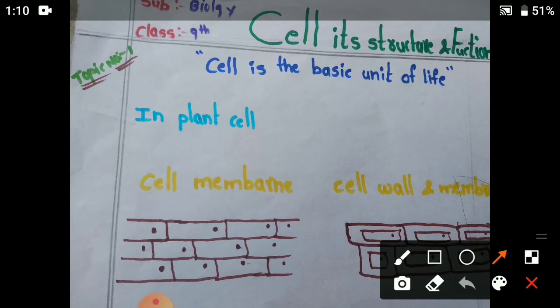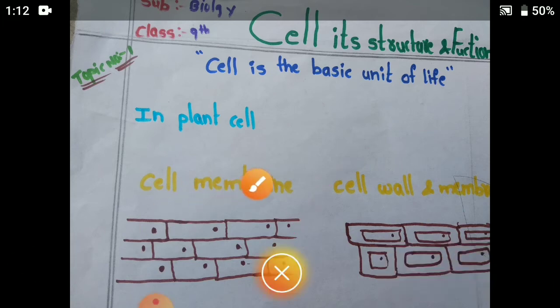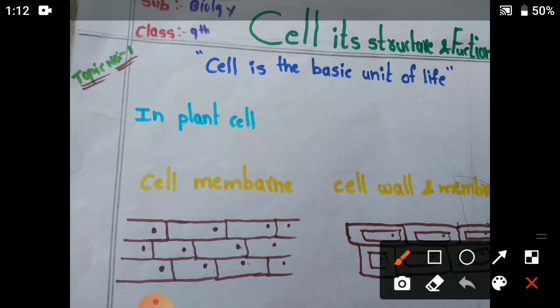Okay, you want to observe another example. Take a cell with its cell membrane and cell wall, and put some drops of a salt solution on it. Here the cell membrane separates from the cell wall because of this salt solution. The cell membrane, the plasma membrane, shrinks and separates from the cell wall.